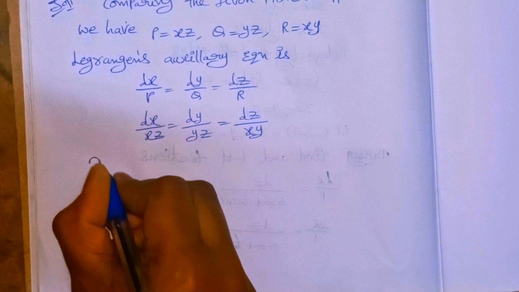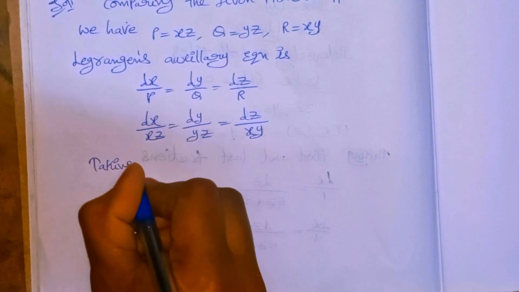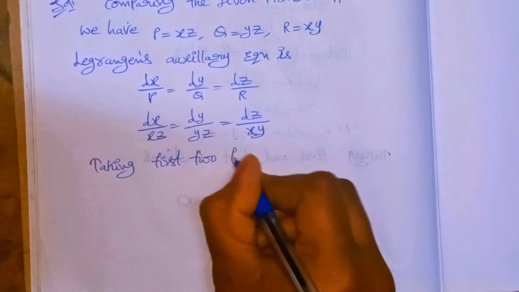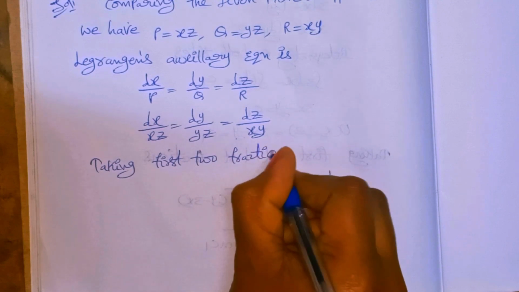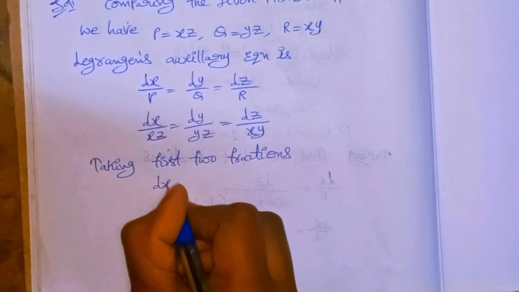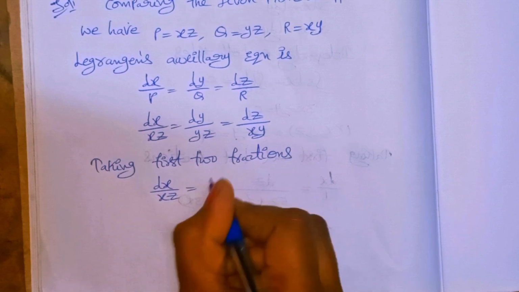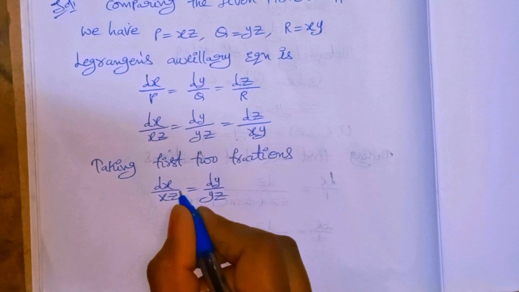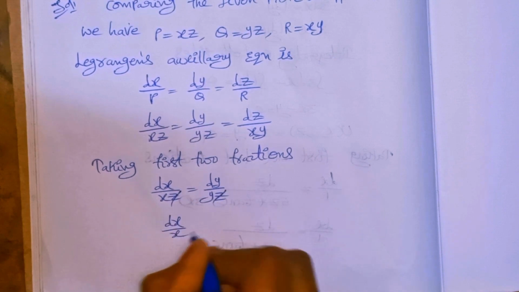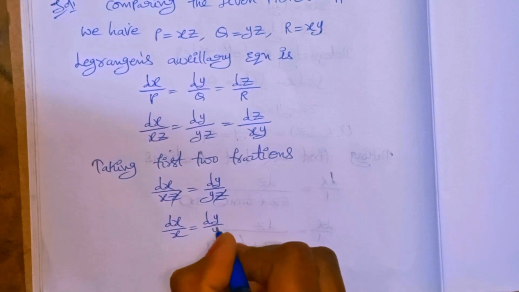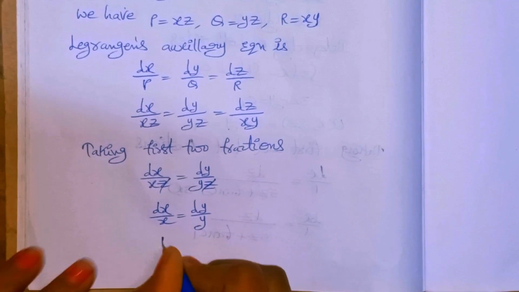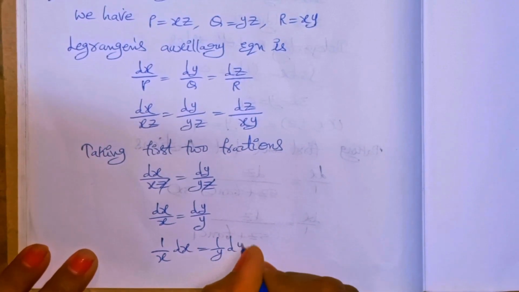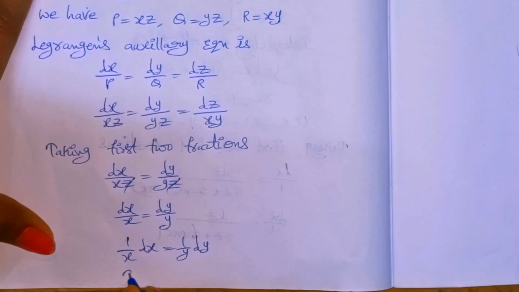Taking the first two fractions, dx by xz equals dy by yz. The z's cancel, so dx by x equals dy by y, that is 1 by x dx equals 1 by y dy. Integrating on both sides,